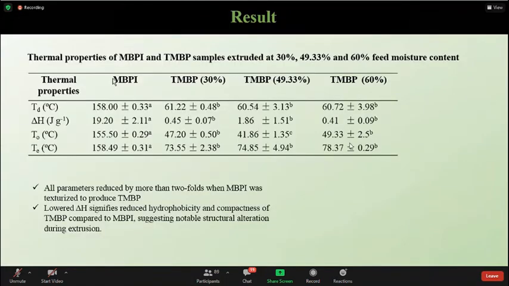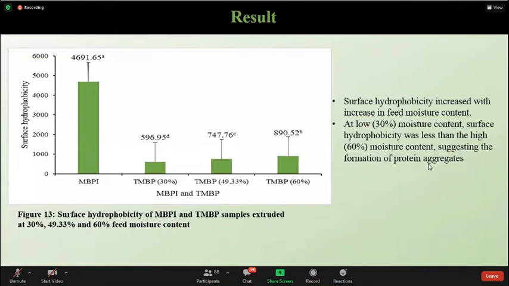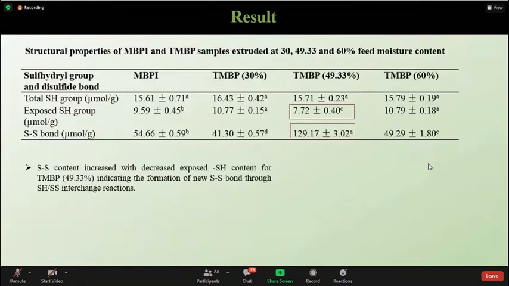And we also measured the thermal properties of membrane protein, in terms of the thermal properties of the DNA. And we also measured the surface hydrophobicity of the texturized protein, and also several structural properties. Basically, this is to look into to what extent the protein has polymerized. And this is basically the structure changes